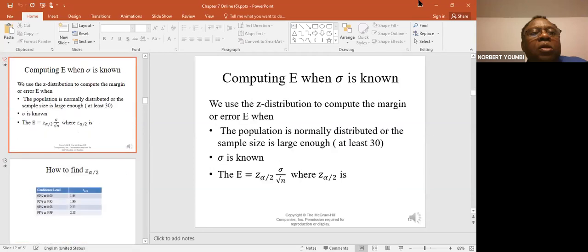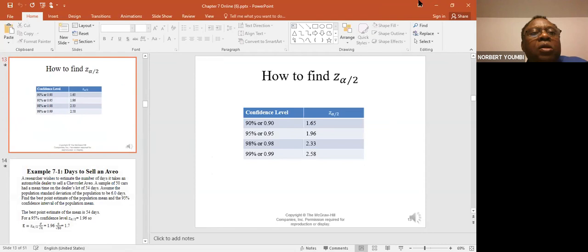To compute the margin of error, we are going to deal with two cases. In the first case, sigma is known, and in the second case, sigma is unknown. If the population is normally distributed or the sample size is large enough, that is at least 30, when sigma is known, the margin of error is equal to Z alpha over 2 times sigma over square root of n,